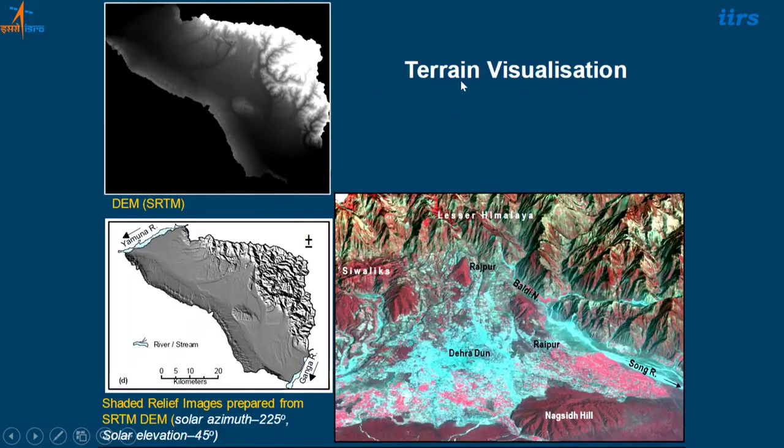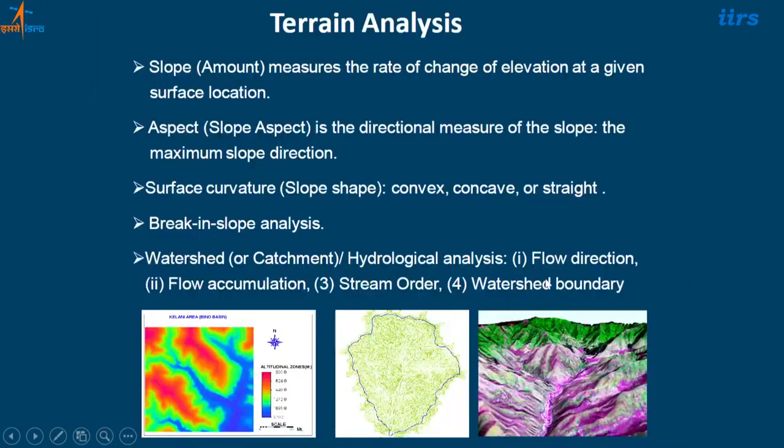If you see terrain visualization here, this kind of image I can get from photogrammetric operations. From that we have one DEM, a digital elevation model, and we can create a shaded relief out of it, which you can try to create through a Python program. It gives the impression of which portions are elevated and which are in the valleys. I can also create a 3D visualization using this map. This is your DEM height map, and I can have one raster satellite image and drape them one over the other, and this 3D visualization can be created.